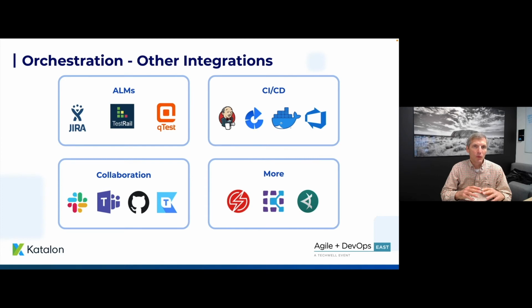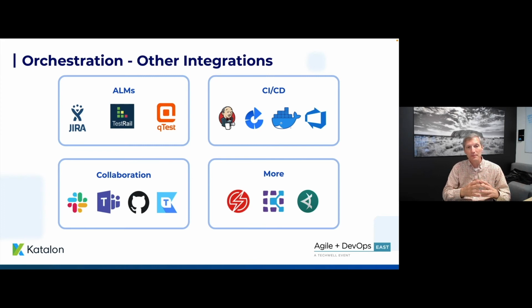So we just talked about what we think are the 4 key capabilities underlying effective test orchestration. But more broadly, test orchestration is ultimately about connecting your system to a number of different components, from ALMs like Jira, TestRail, and Qtest, so that you can update requirements and defects with test results, to integrating with CI/CD platforms like Jenkins or Circle CI, Azure DevOps, so that you can drive your tests based on events happening in your